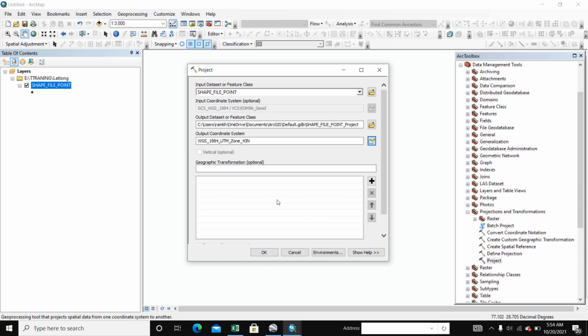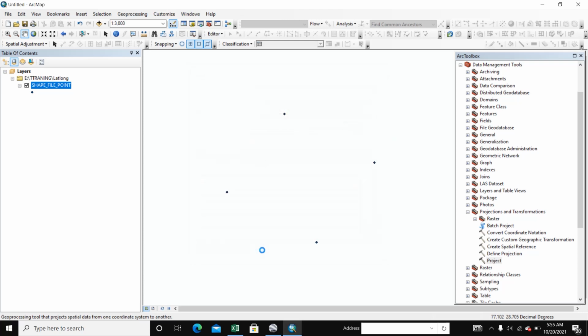If your location is elsewhere, you select another UTM zone and OK.